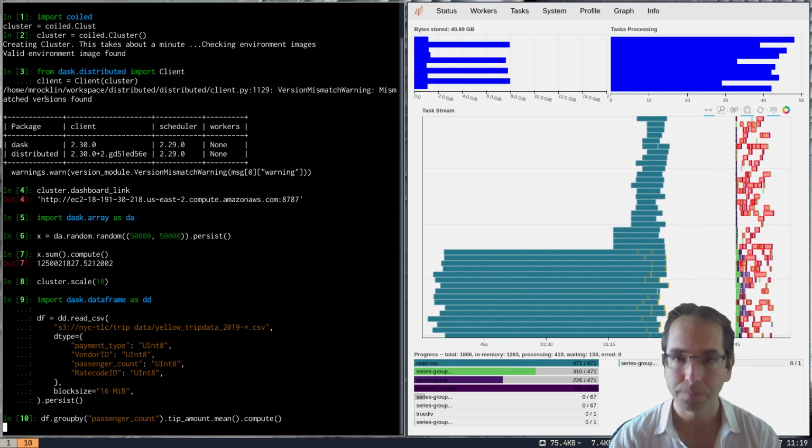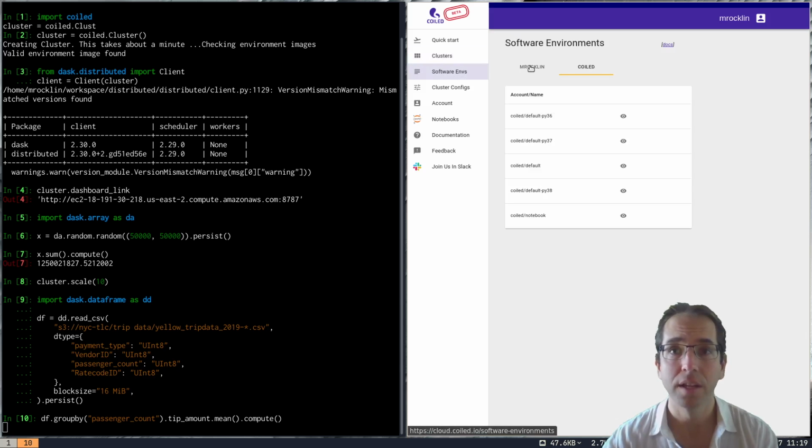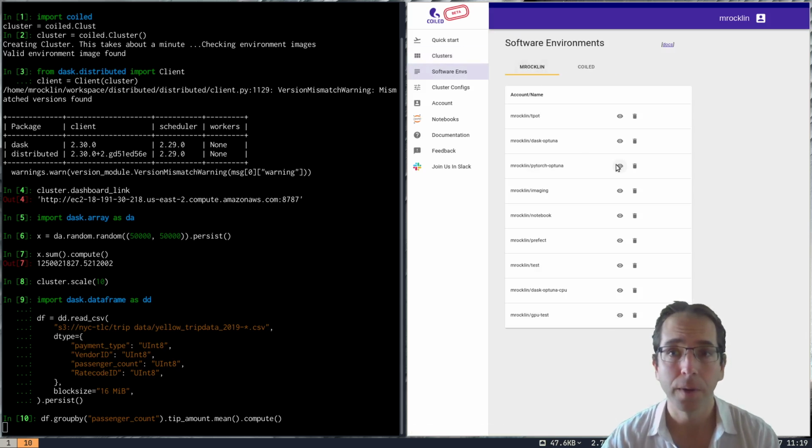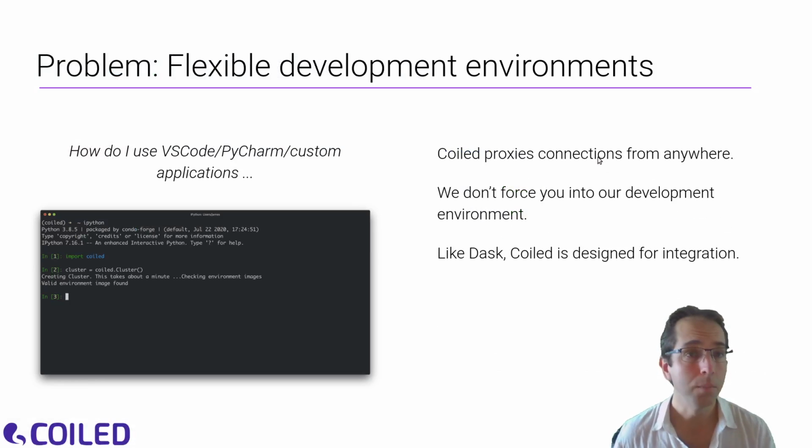software management. And if we go in and look at Coiled, we can see that I actually have a lot of software environments that I manage, right? That I've been using in my experiments, and I can use and deploy those as I want in the future. So moving on,